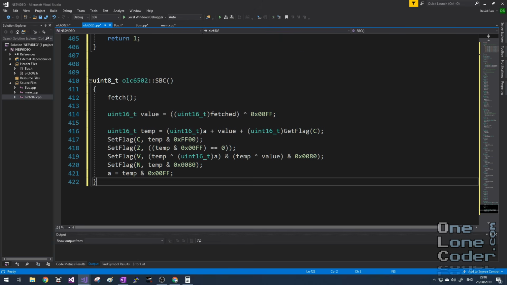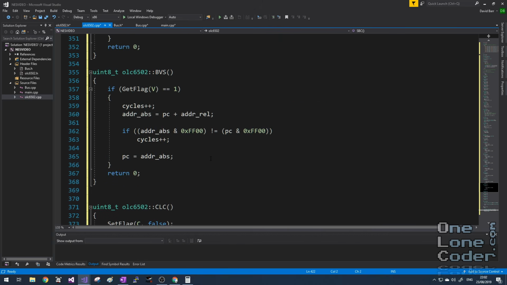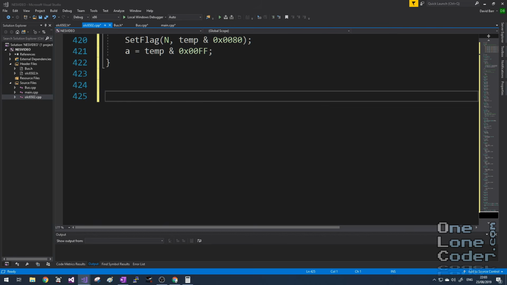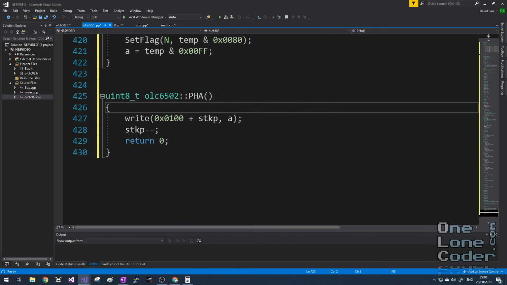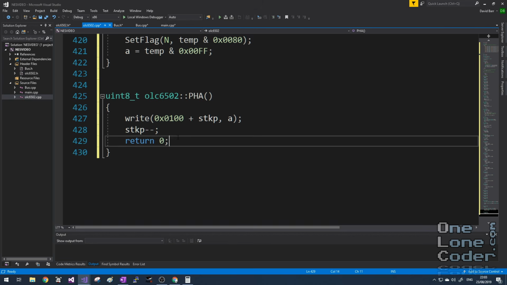We've now covered the most simple instructions and the most complex instructions. There's not much left to cover now, so we'll just quickly look at the stack instructions. So PHA pushes the accumulator to the stack. The stack exists in the memory, so we need to use the write instruction to access the bus to deposit the data in the right place. The 6502 has hard-coded into it a base location for the stack pointer, and the stack pointer variable is an offset to that location. So there is a region in memory that is expected to be used for the stack